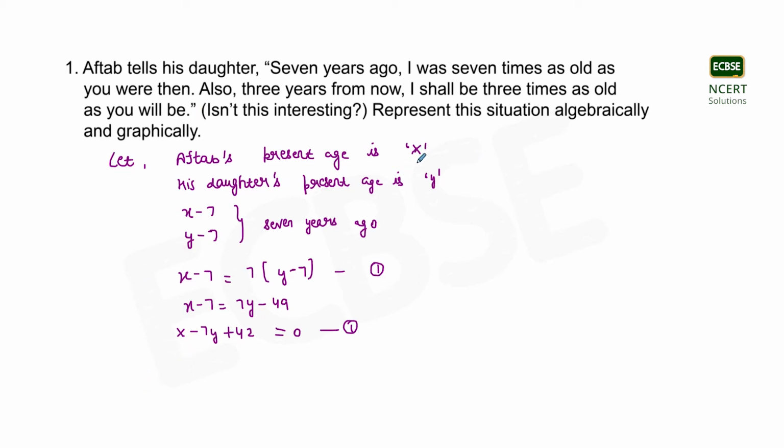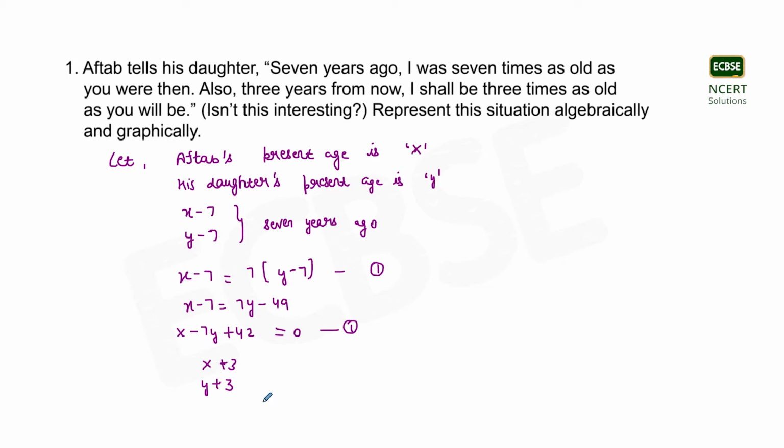If we add 3 to Aftab's and Aftab's daughter's age, then that will be their age 3 years from now, definitely. So 3 years from now the ages will be x plus 3 and y plus 3,